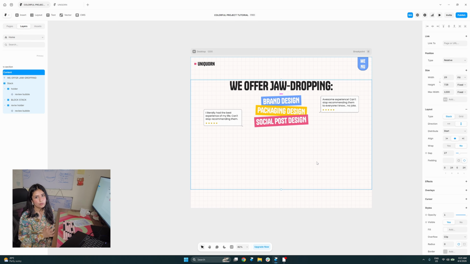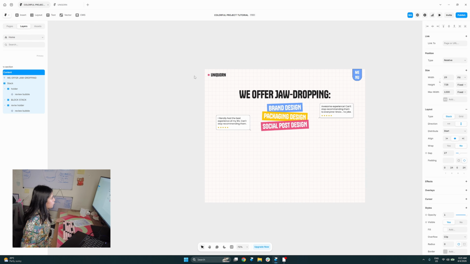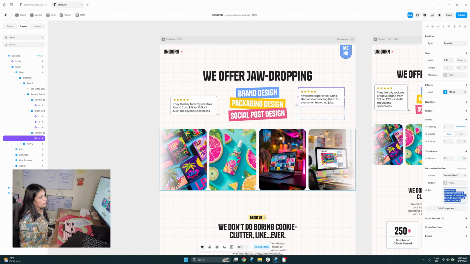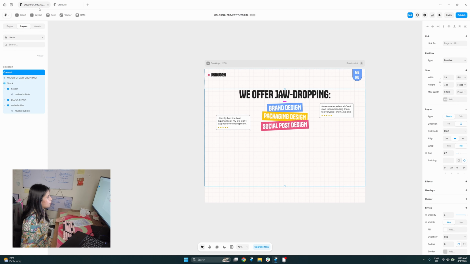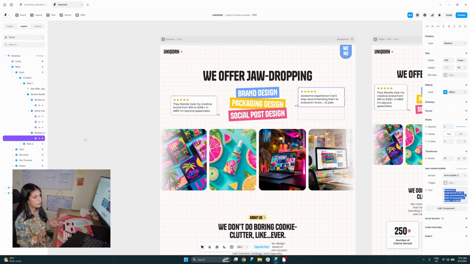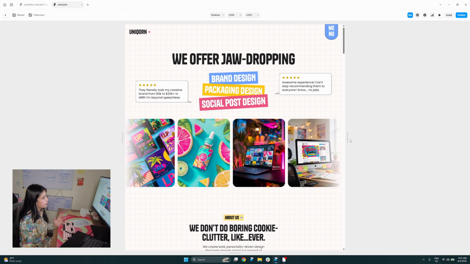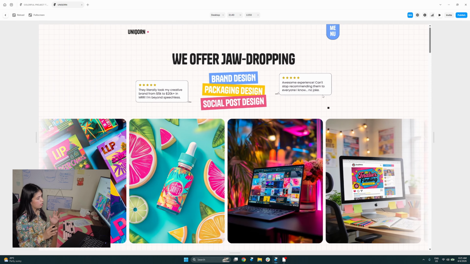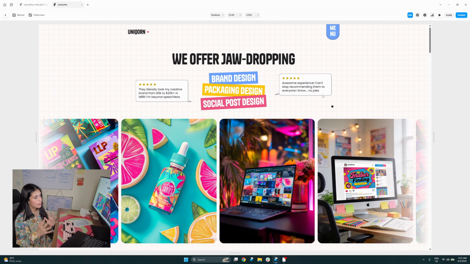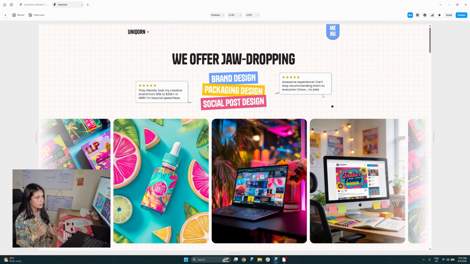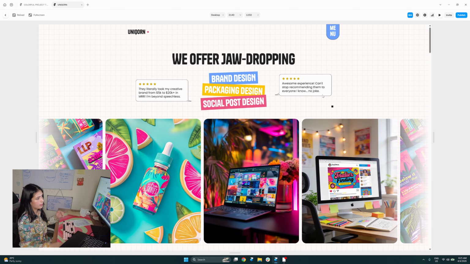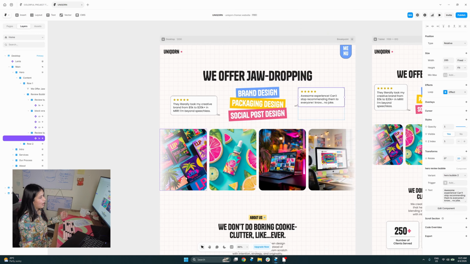So that looks all right. So next what we are going to do is create this stunning marquee. First of all, what I have done here is I do not have random elements scrolling in a marquee. As you can see here, these are actually CMS items that are linked to this marquee so that people don't have to go inside of